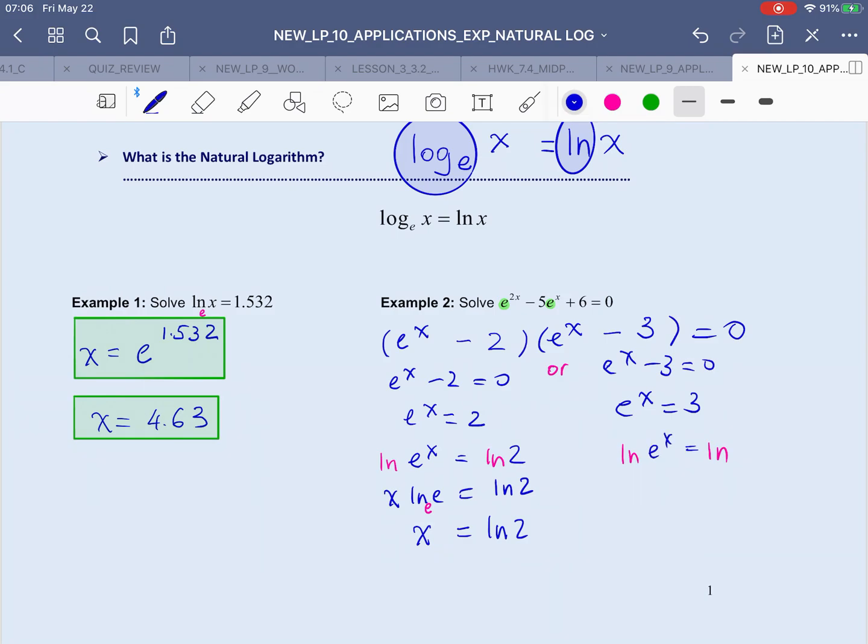We do the same thing with the other equation, with the other factor. We say that ln of e to the x equals ln of 3. So x ln e equals ln 3, or even better, x equals ln 3. And we're done. Okay? And now we are going